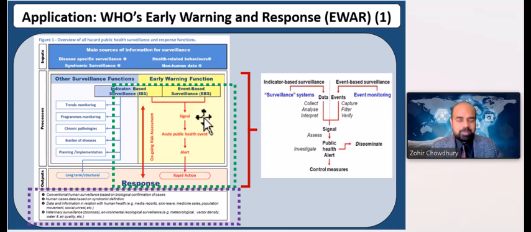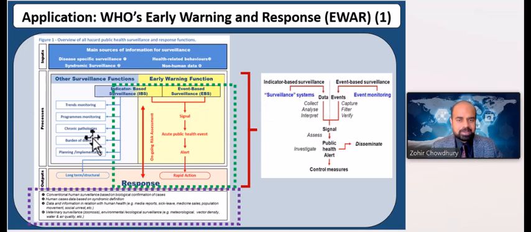So the event-based surveillance would overlap in some aspects with the indicator-based surveillance to provide an early warning function, whereas the indicator-based surveillance would have the other surveillance functions that are typically monitored at the national setting. Here you can see the types of input, the process, and the output